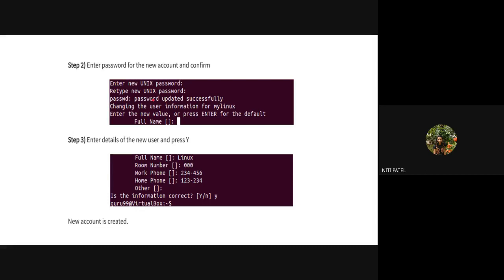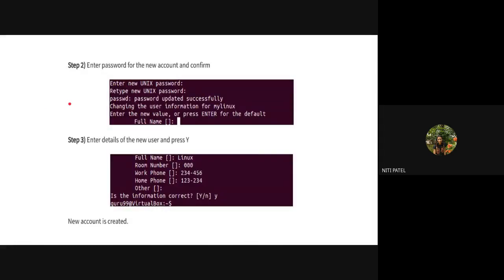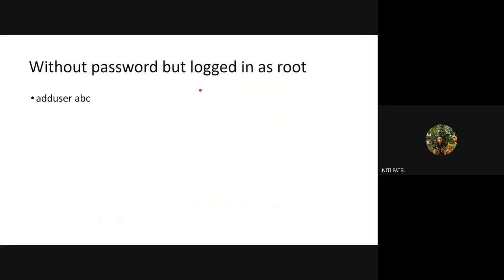Now my Linux can also create a user without giving a password by using this command, add user ABC, which means what? Root has created my Linux. Now my Linux normal user has created another normal user called ABC. If I add a sudo over here, what will my Linux have to do? My Linux should know my password. So I can do both the ways. That is, a normal user can create another normal user, but root users can also create normal users. But if at all you want to switch to the root account, you should know the root password.